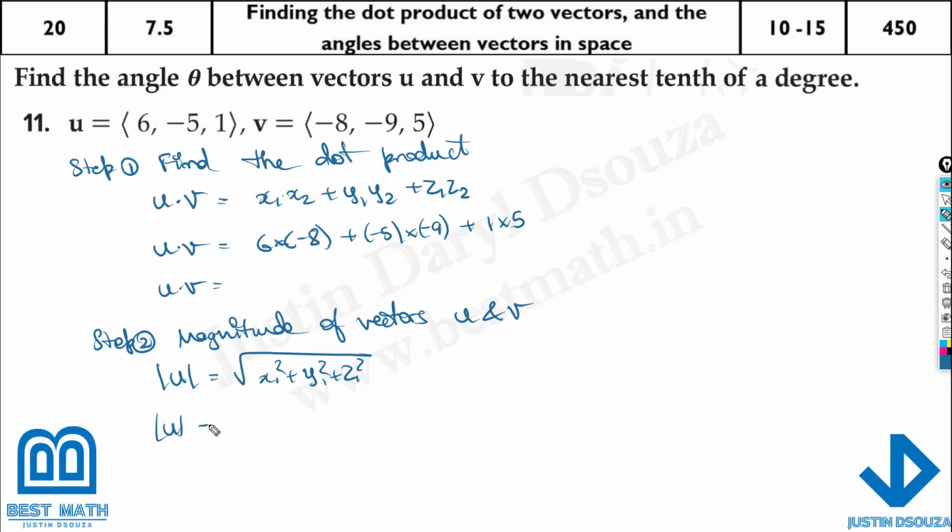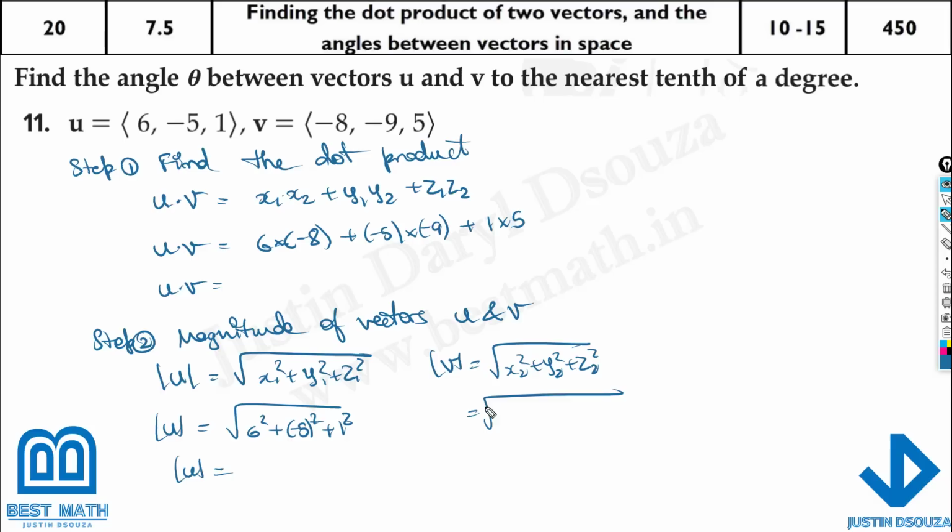The answer is square root 6 squared plus minus 5 the whole squared plus 1 squared. And here the magnitude u would be this final answer. What about v? The magnitude v would be x2 squared plus y2 squared plus z2 squared. And all you do is substitute the values. It is